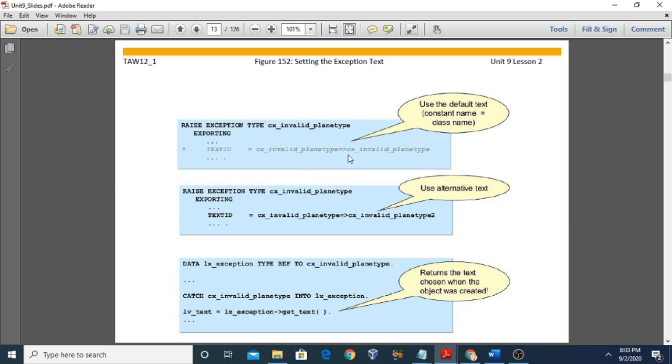If the user wishes to display a text other than the default one, then instead of text ID, the corresponding constant can be passed as an actual parameter to the constructor. You can see this by example. This is the default text, the use of the default text. We are raising an exception here,